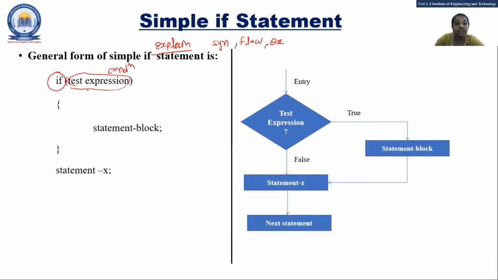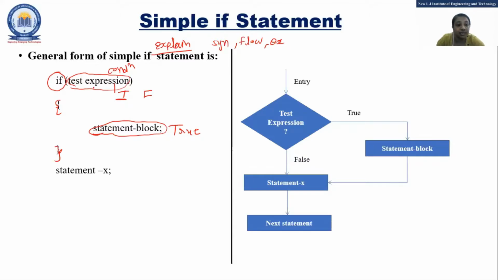Now, this condition may be true or it may be false. So you can see that if this condition is true, then this statement block will be executed. That means whatever is written in the curly bracket is supposed to be executed.